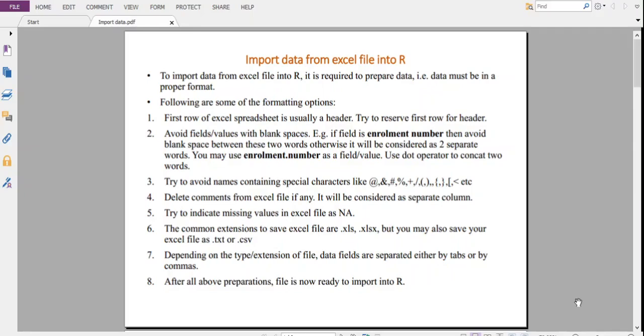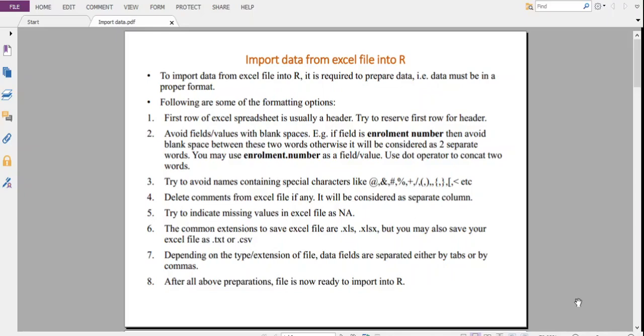Okay, and if in Excel file for some rows there are no comments given, then in that place NA values will be automatically inserted by the R environment. So that will be the wastage of memory space, and we need to perform special type of processing. We need to remove all those NA values while processing that data. Okay, so that will be another overhead while processing imported Excel file into our environment. So better way, we need to delete all the comments before importing Excel file into our environment.